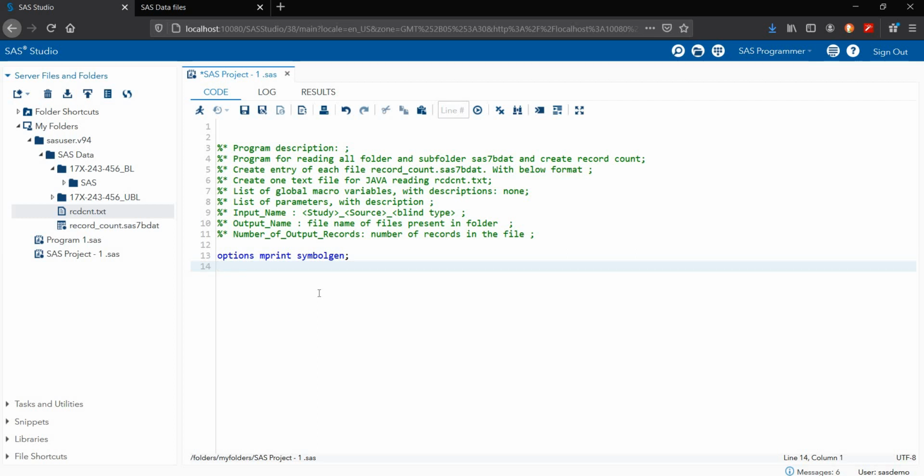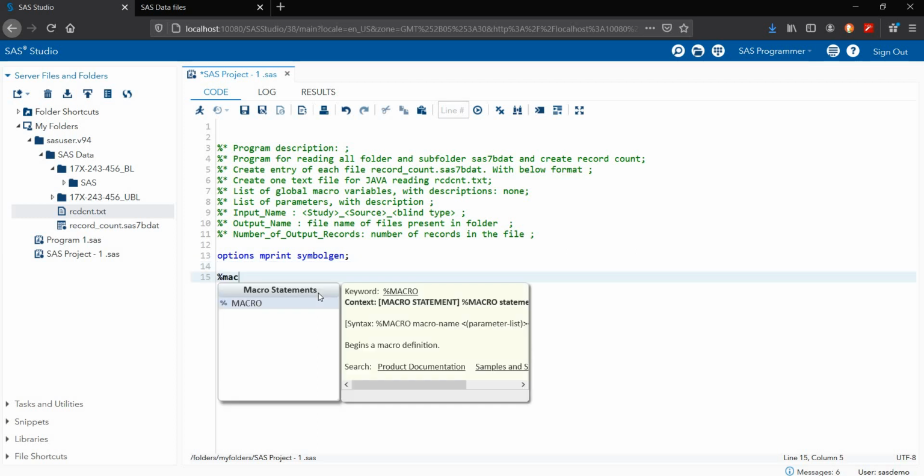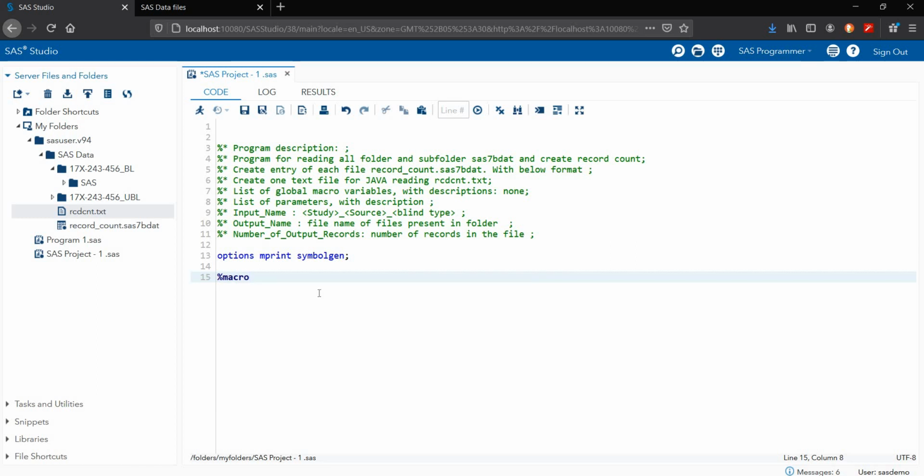Now I'm creating my dataset macro first here. My macro name is data underscore data count. So this is my macro name.